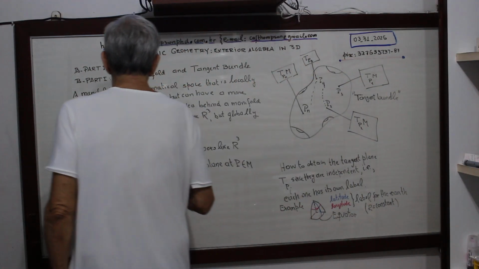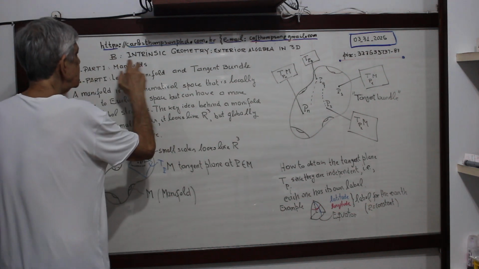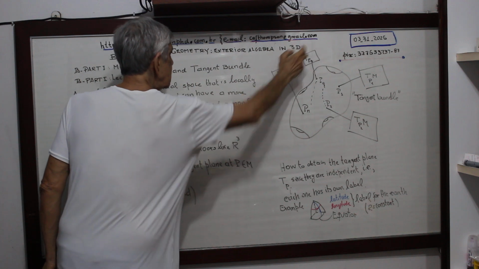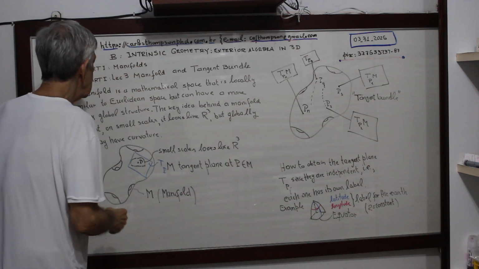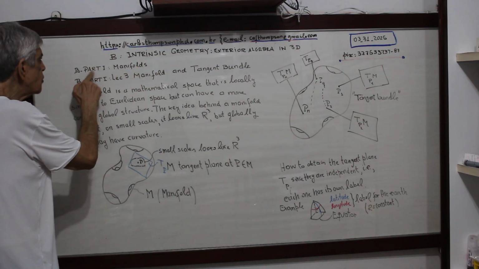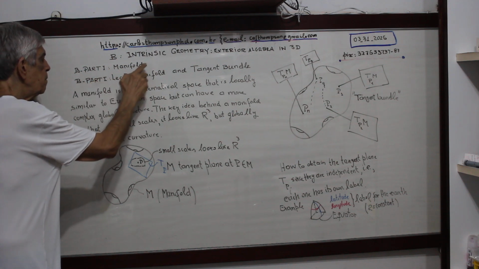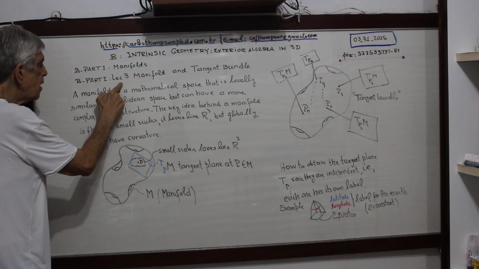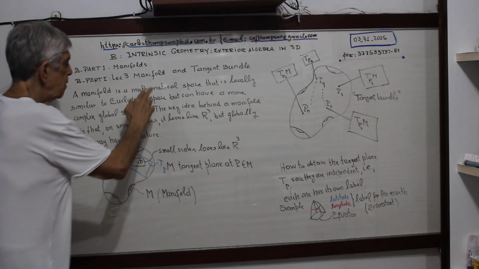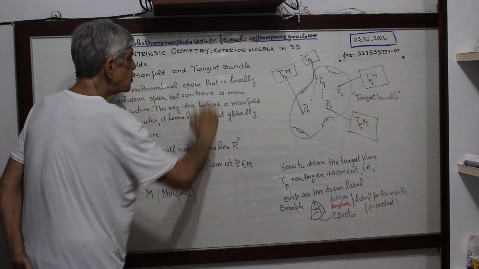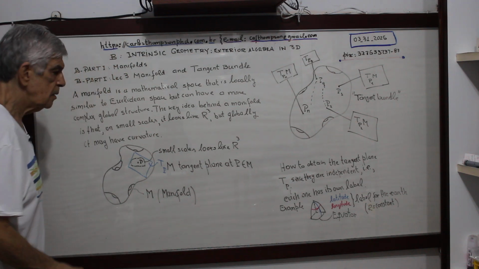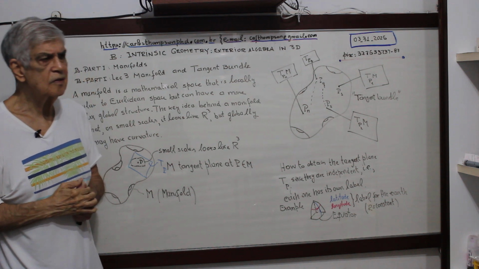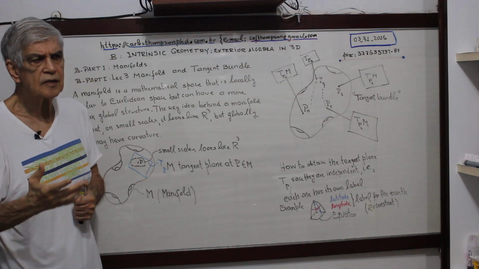Now, this item B is intrinsic geometry, exterior algebra in 3 dimensions. This is B part 1, manifold. B part 1, lecture 3, manifold and tangent bundle. Now you see, a manifold, for those who, for instance, took